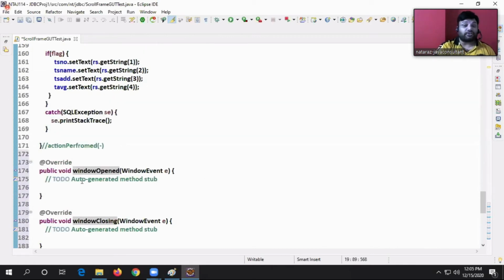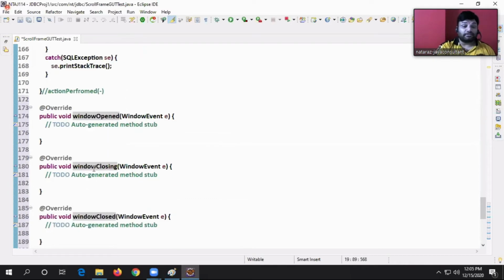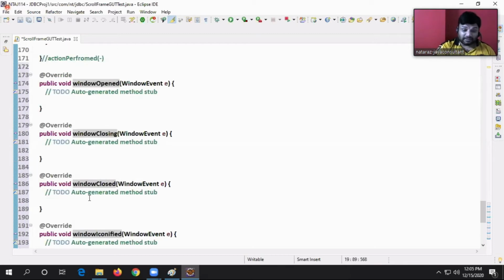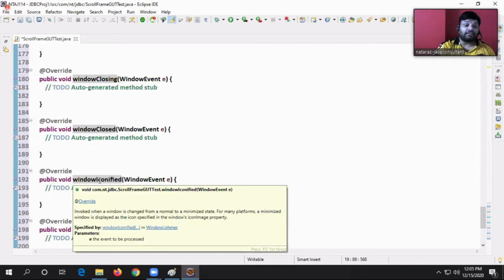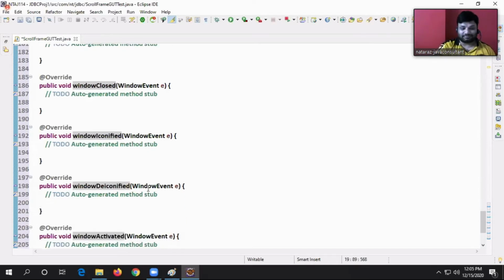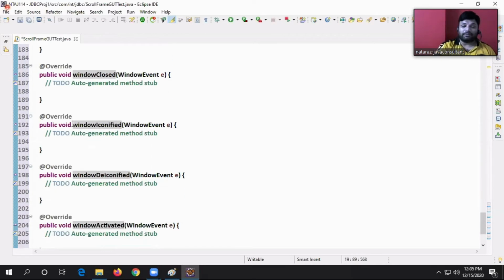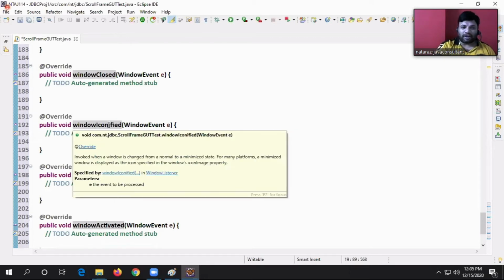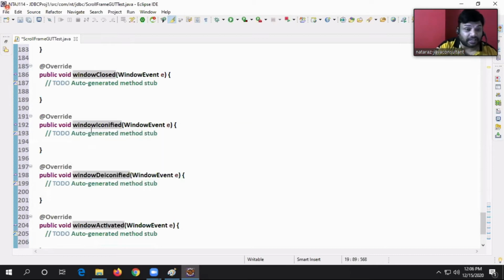This method executes when window is open. This method is executing when window is under closing process. This method executes when window is completely closed. This will execute when window is iconified. Iconified means when window changes from normal to minimized state.